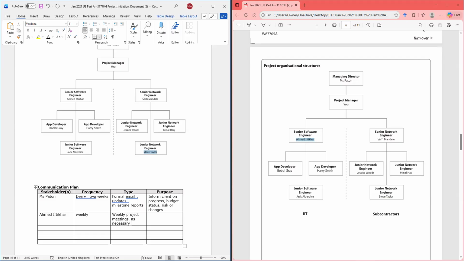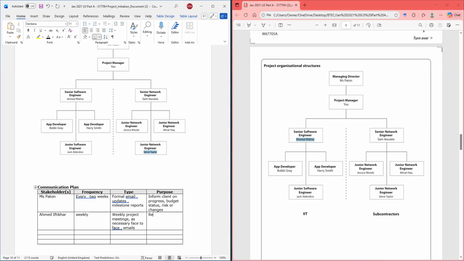Are we going to communicate face to face? We're going to do face to face. We can do emails also.